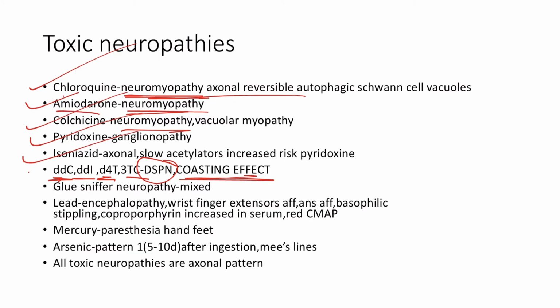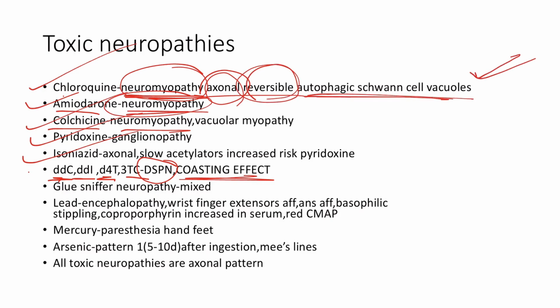Chloroquine, amiodarone, and colchicine, all three will cause neuromyopathies. That means they can cause both neuropathy and myopathy, and it is an axonal pattern. It is reversible, and you can get autophagic vacuoles. Here it is also a vacuolar myopathy, same. Colchicine also the same. Pyridoxine, as I told you, toxicity of pyridoxine causes ganglionopathy, but deficiency will cause a neuropathy,